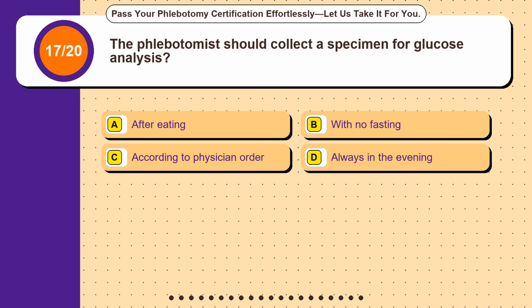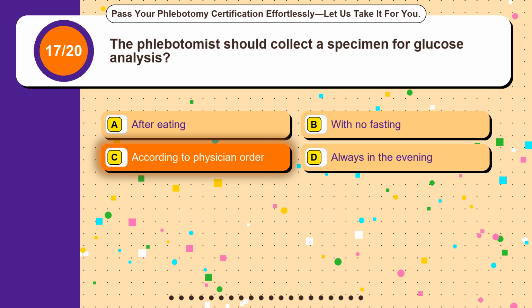Question 17. The phlebotomist should collect a specimen for glucose analysis. Option A, after eating. Option B, with no fasting. Option C, according to physician order. Option D, always in the evening. The correct answer is option C,